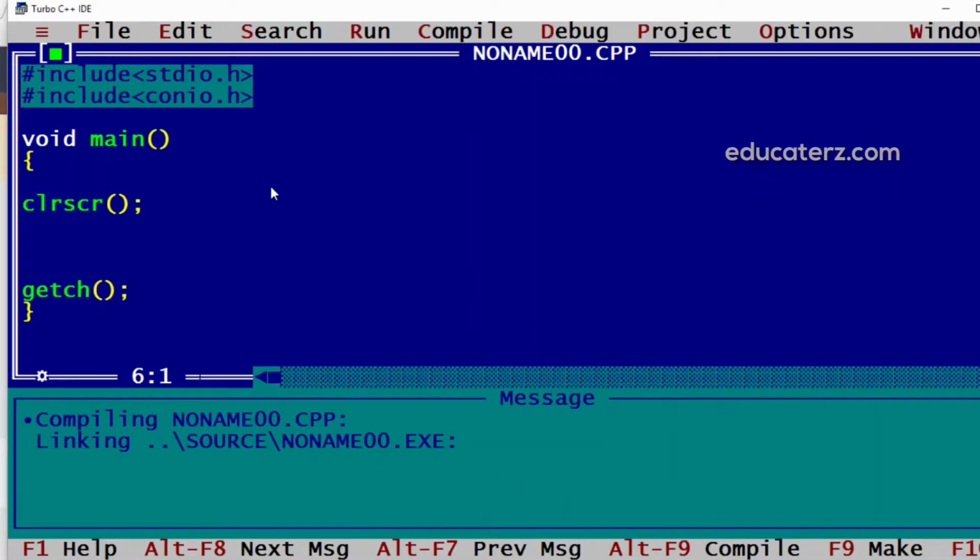Here again we have included stdio.h and conio.h, which are the header files. Main is the entry point of our application. Now as we have seen, a string can be considered as an array of characters, so this is just like initialization. Size is not mandatory. Here I can directly specify the value. Say I have given the value as hello. Now if I want to display this, then in printf we have to use %s.